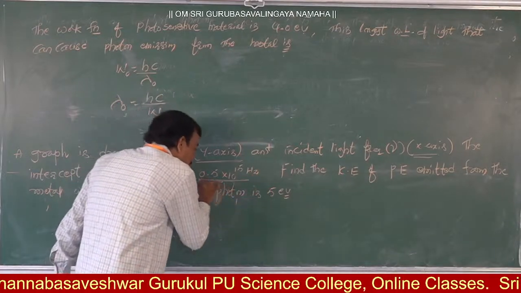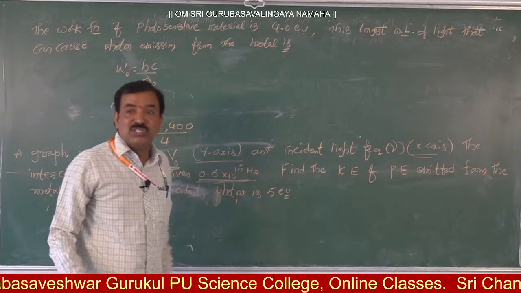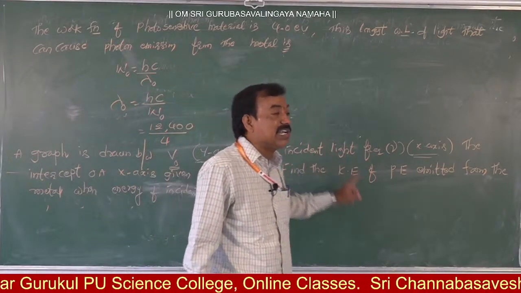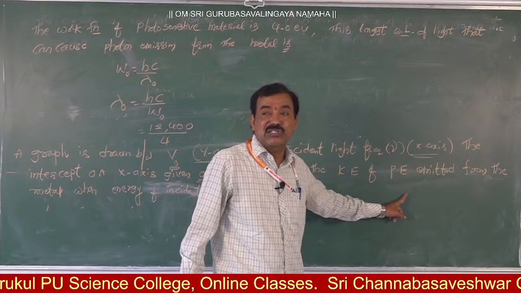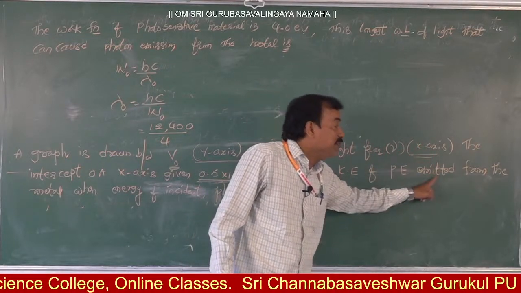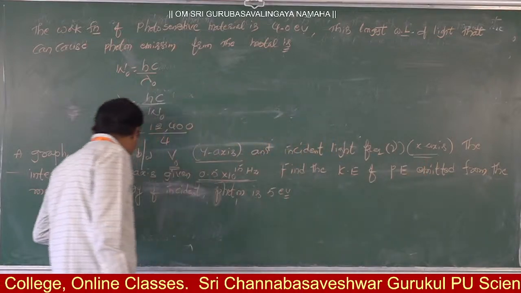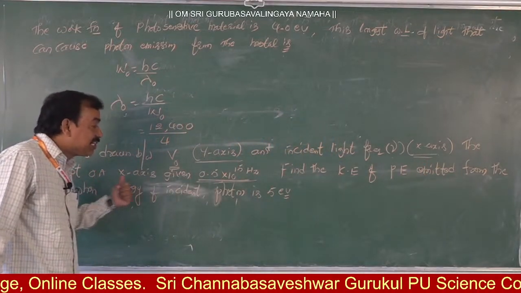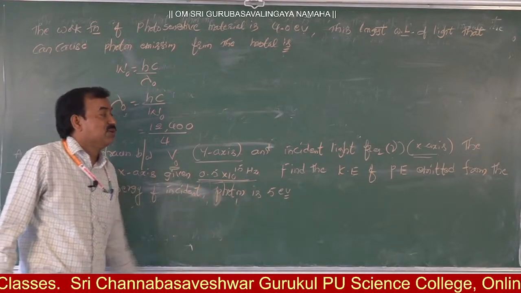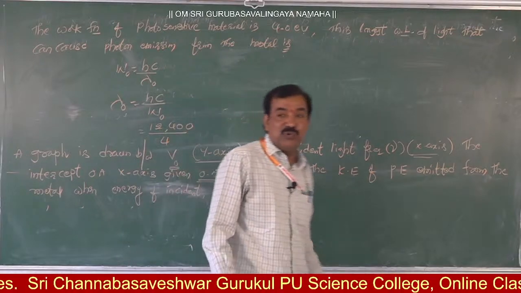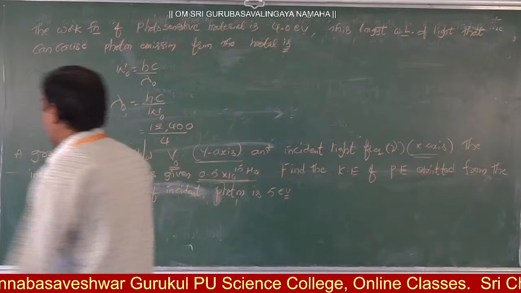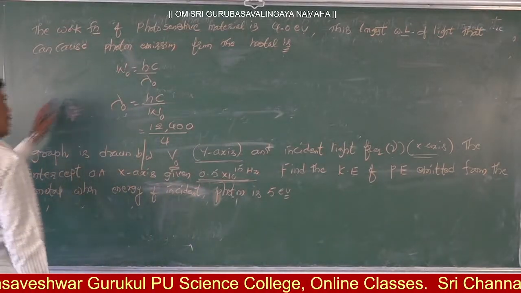If you know this value, the sum is very simple. So what is the question here? Find the kinetic energy of the photoelectrons emitted from the metal surface when the energy of the incident photon is equal to 5 electron volt. So what is the kinetic energy equation? This energy E is equal to